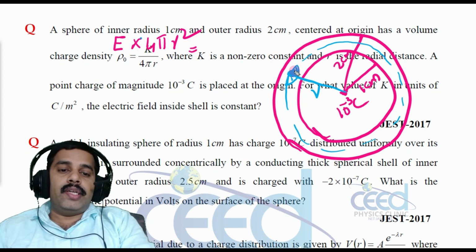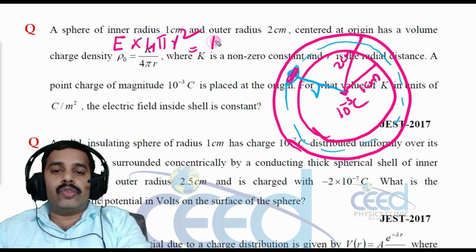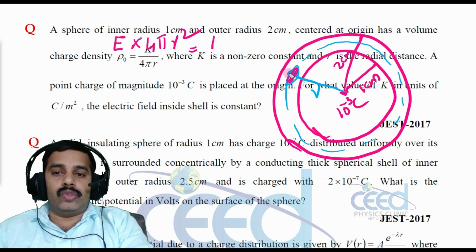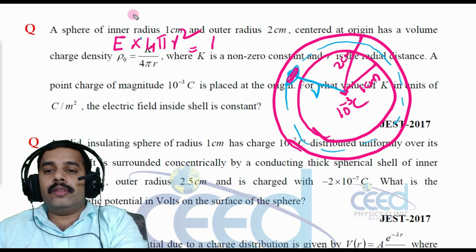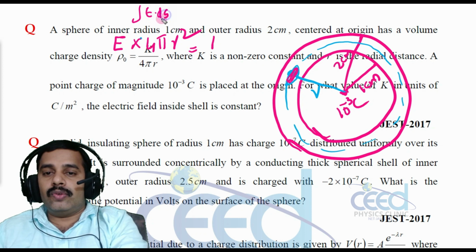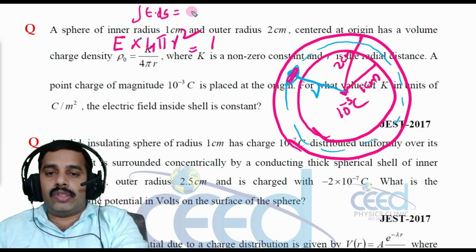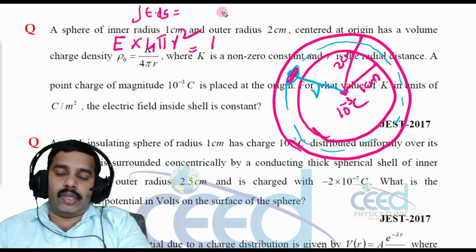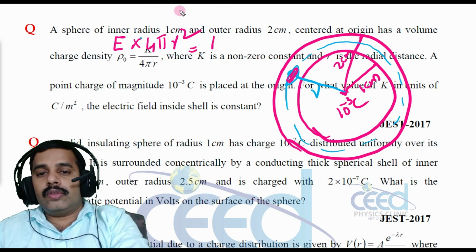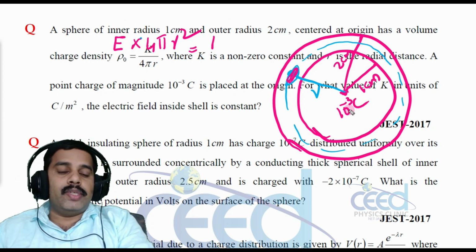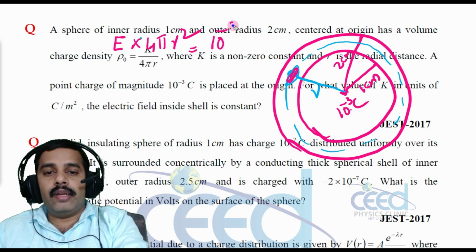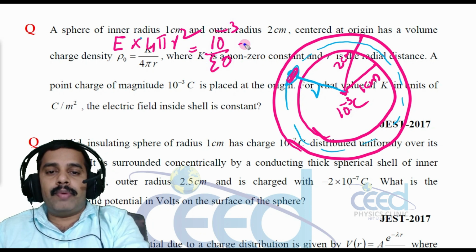So this electric field, we have two portions. One is due to this 10 raised to minus 3 coulomb, so that is 10 raised to minus 3 by epsilon 0. By Gauss's law, what is this electric flux? I am applying this formula: integral E dot ds is equal to q enclosed by epsilon 0, right? So q enclosed by epsilon 0 means 10 raised to minus 3 divided by epsilon 0 plus,